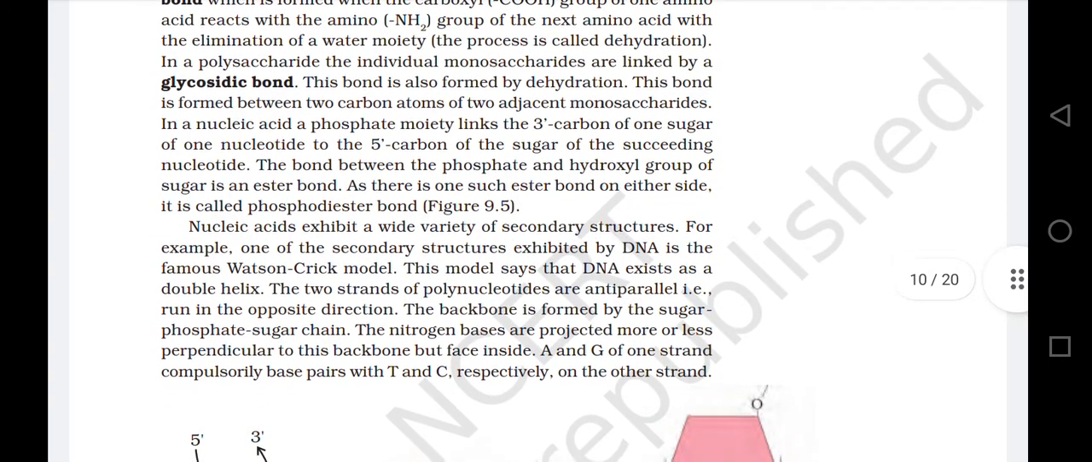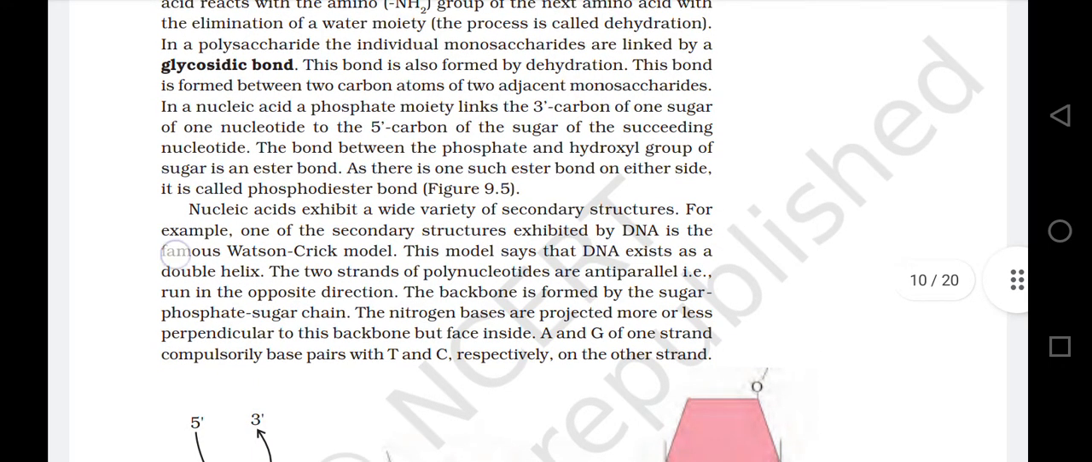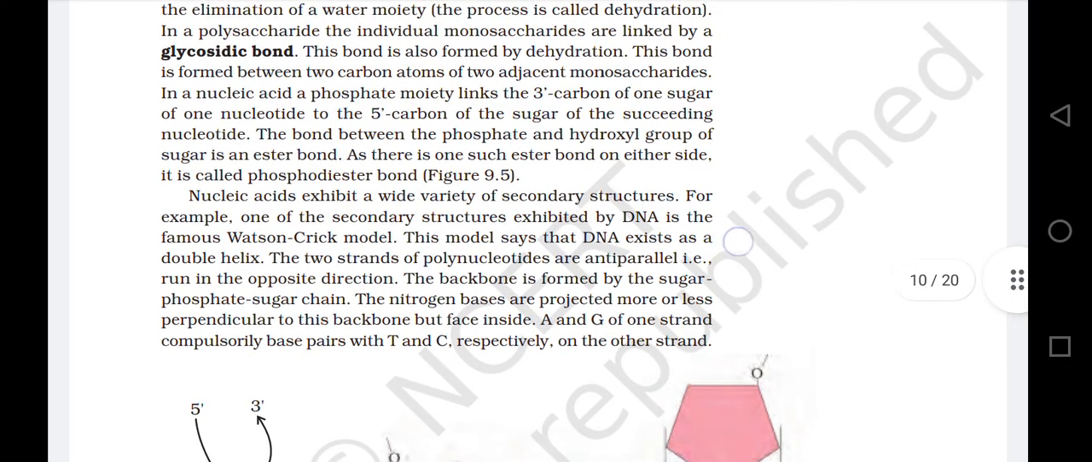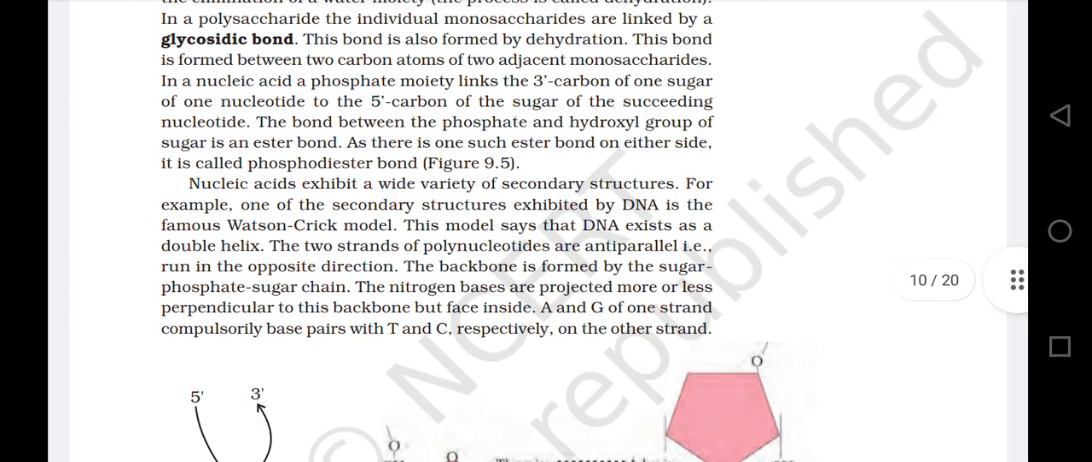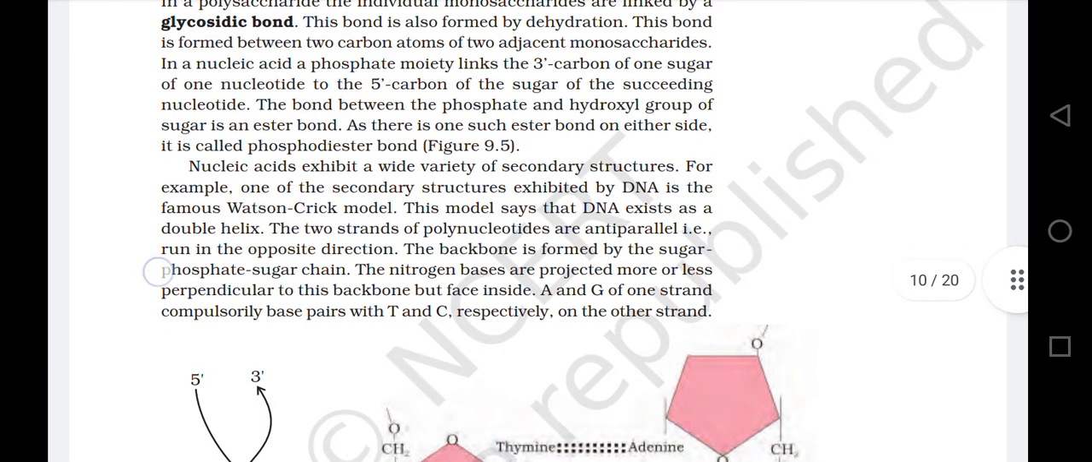For example, one of the secondary structures exhibited by DNA is the famous Watson-Crick model. This model says that DNA exists as a double helix. The two strands of polynucleotides are antiparallel, that is, run in the opposite direction. The backbone is formed by the sugar-phosphate-sugar chain,